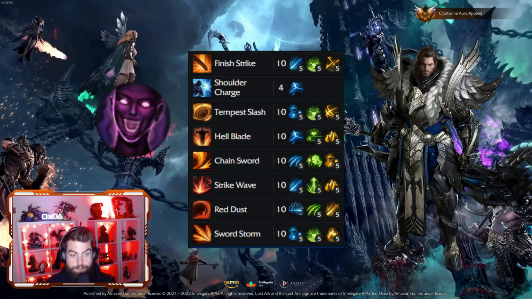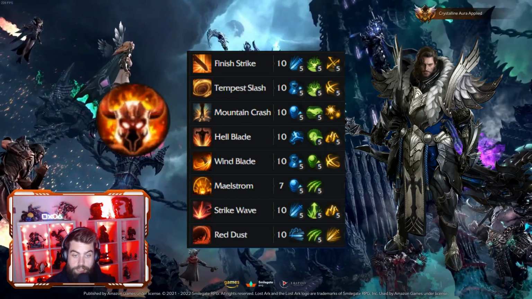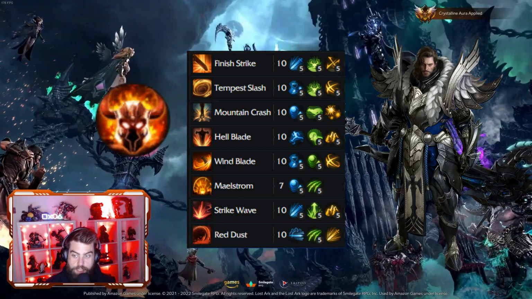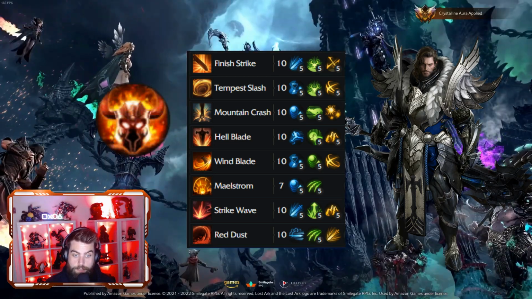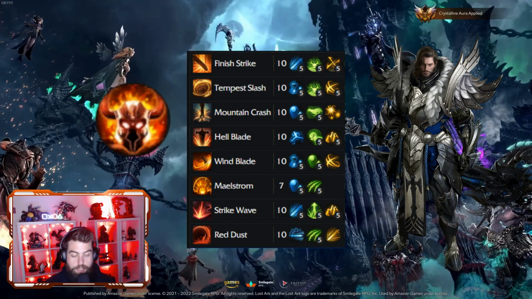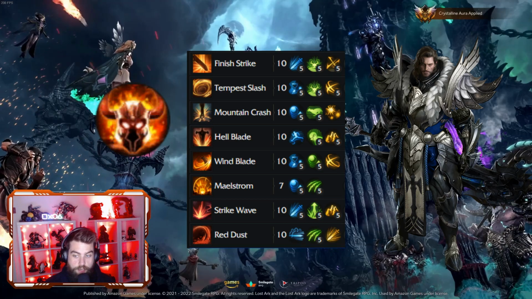And then a similar principle here for Berserker's Technique. Berserker's Technique is going to have a change. It's having a huge buff, but it's not going to change the tripods. So again, we want to focus on the Red Dust enhanced damage abilities. Like I said before, you have Hellblade, Tempest Slash, Strike Wave, Finish Strike, and then also we want to